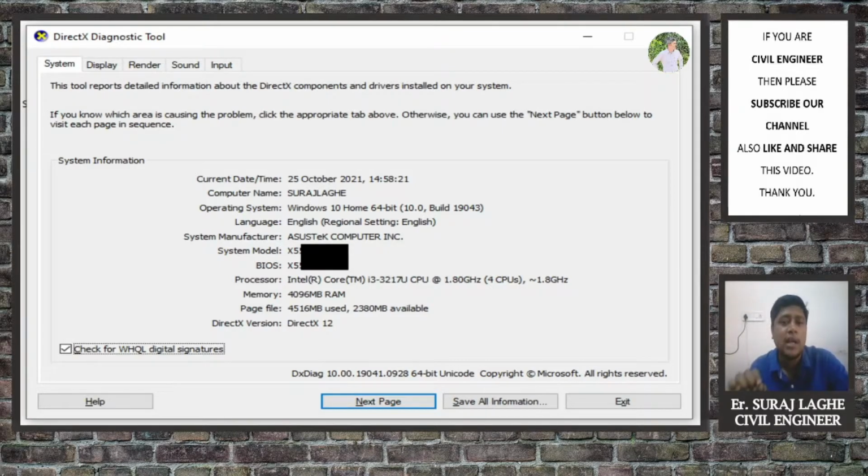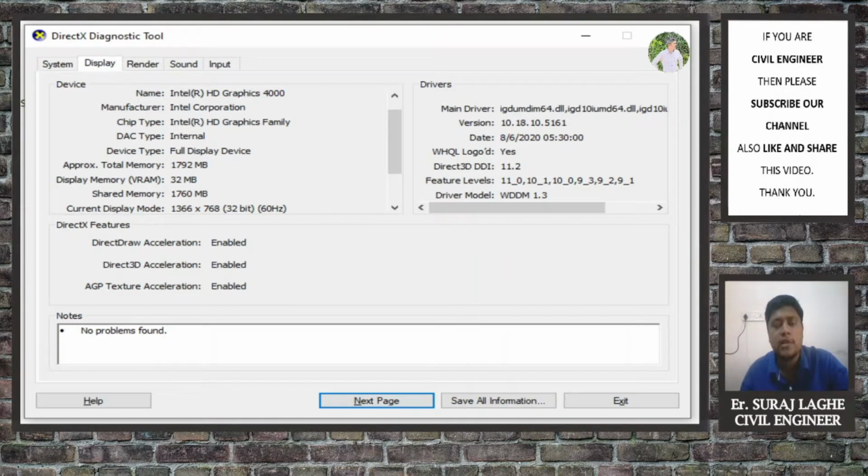So that's why I am requesting you to please check this system requirement, or simply check the system information of your PC or your laptop. Once you click on Next, you can see that you are basically studying everything about your system, your PC or laptop. Now on your screen you are just watching my laptop specification regarding the display. So you can observe what kind of display I have, or you can simply check your display settings.